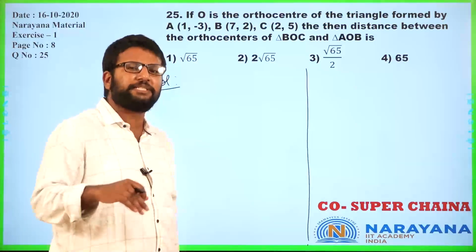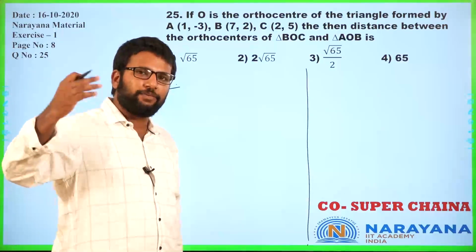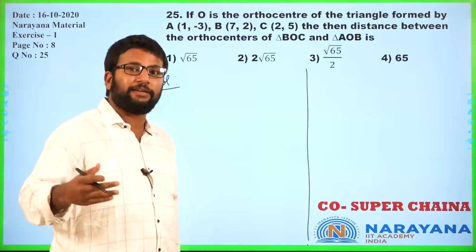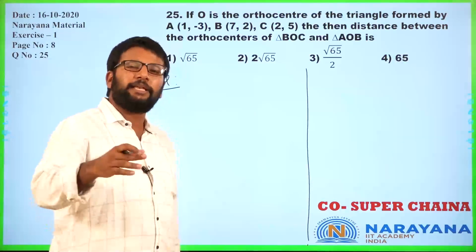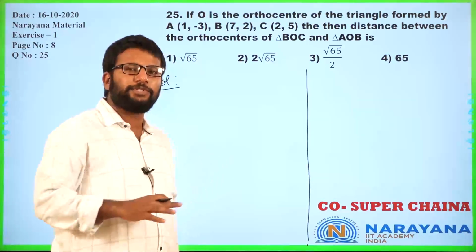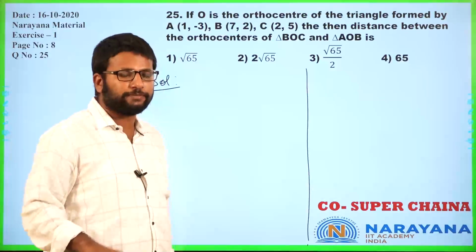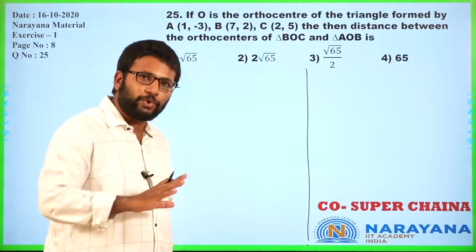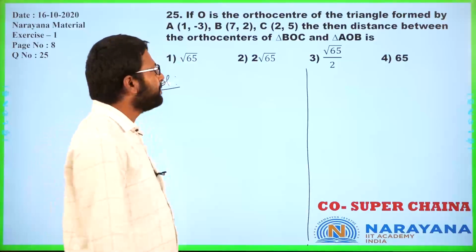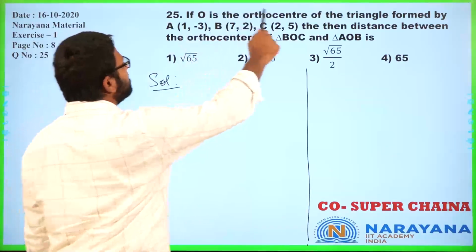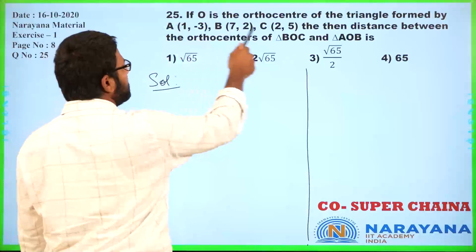Even if none of those things are given, then later when you learn how to write equations of lines and equations of perpendicular lines, then you will be able to solve. I mean, it's a long procedure, but you will be able to solve for the orthocenter. My suggestion would be try not to memorize the formula of orthocenter. So here O is the orthocenter of the triangle, the three vertices are given.